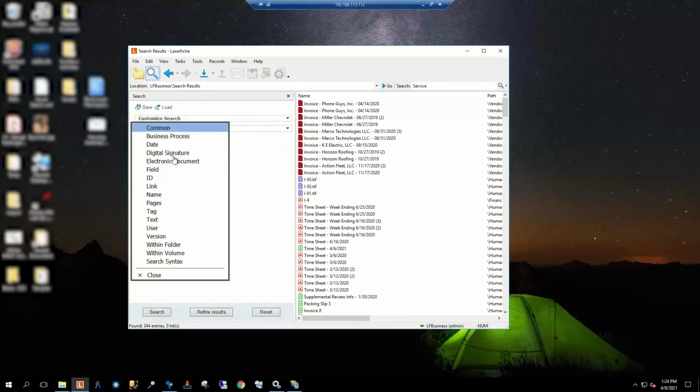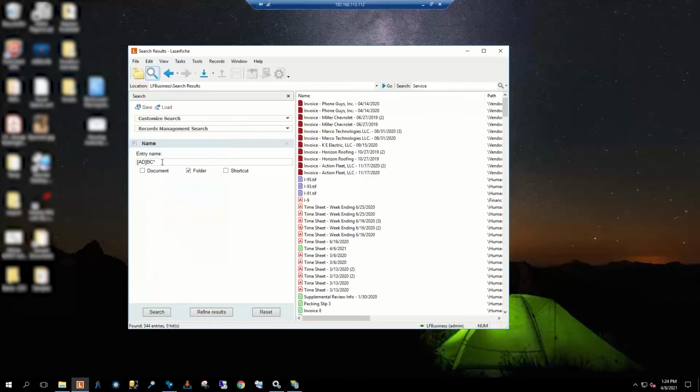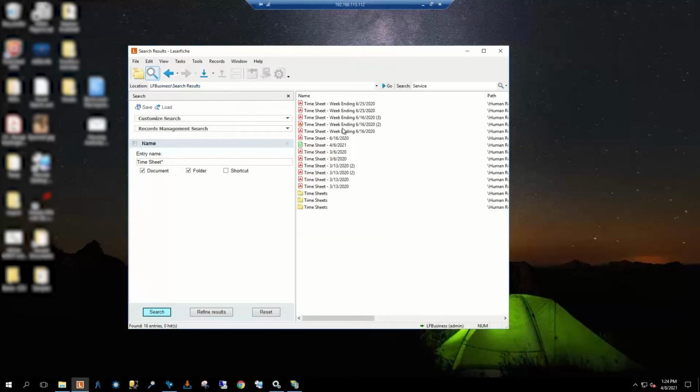Now the easiest way to search for those would first of all be to start with name, always, because that's going to be our type. We're going to be looking for documents, and the document is going to be called timesheet and then something, so wildcard. That's going to return a whole bunch of timesheets, but not necessarily just the ones from March,